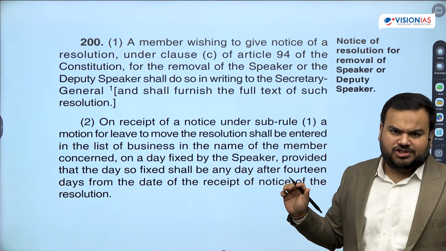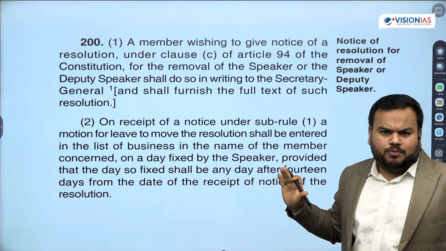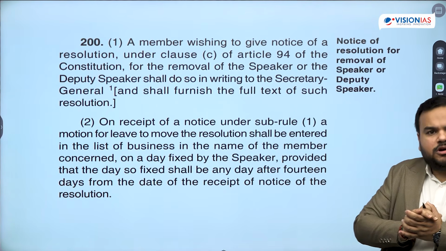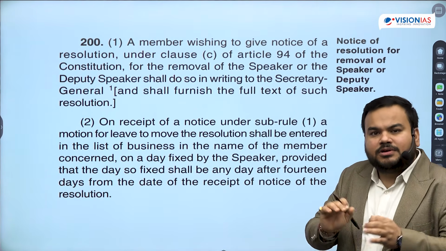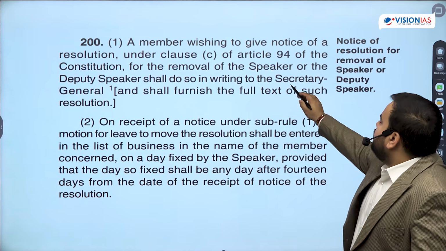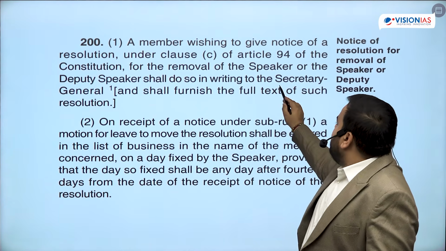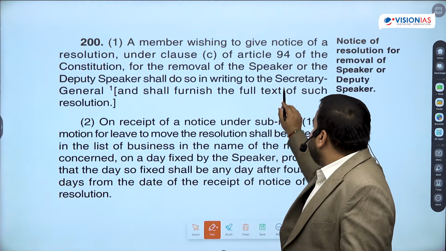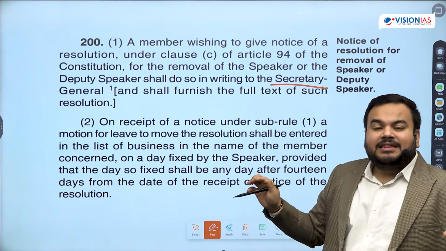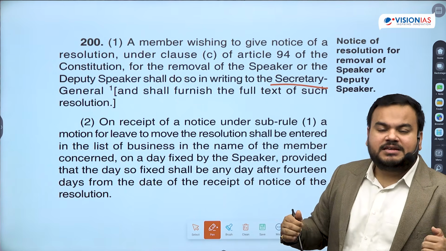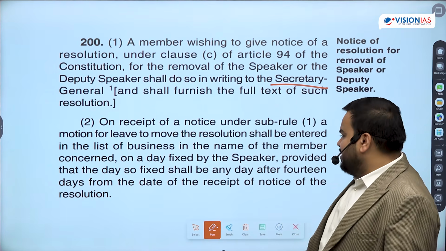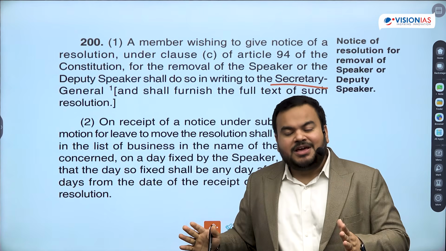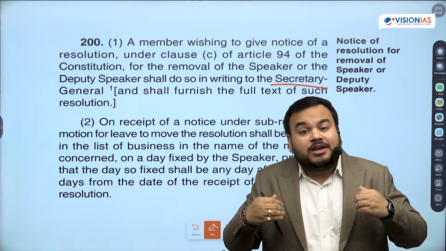So this is the first condition. If any member wants to move a resolution for the removal of the Speaker of Lok Sabha, he has to give a notice to the Secretary General of Lok Sabha. After the Secretary General receives such notice, we need to take leave of the House. So again, as I discussed,